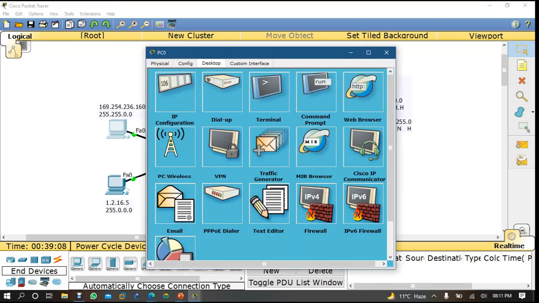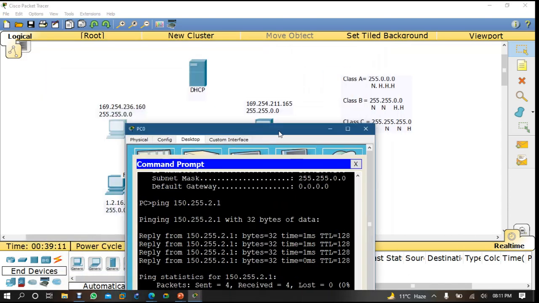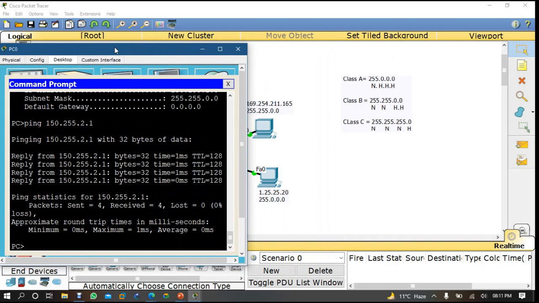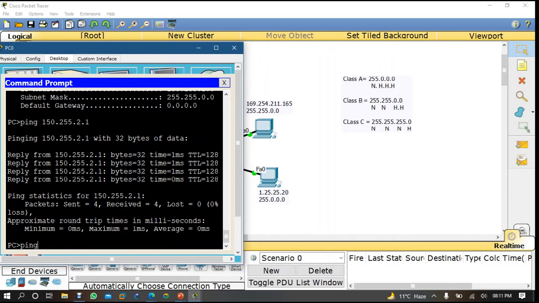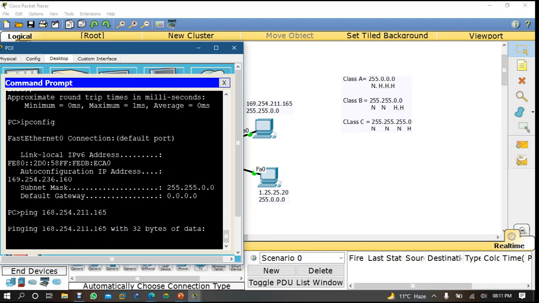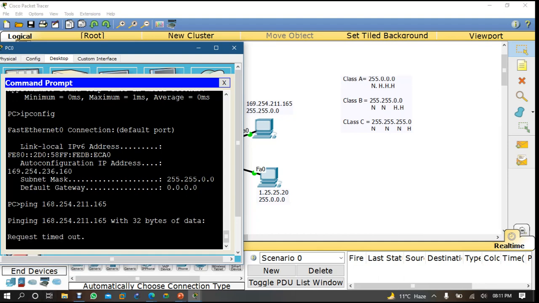If you come here, see, I'm coming to the command prompt, and first you check your IP address with ipconfig. My IP is 169.254 something like this, and if I try to ping 169.254.211.165, see, oh, I wrote 168.